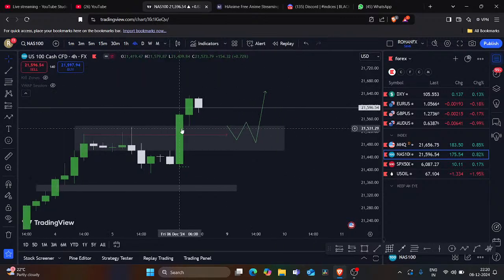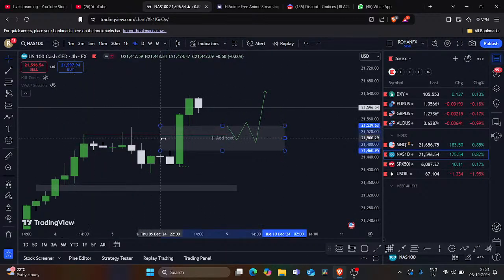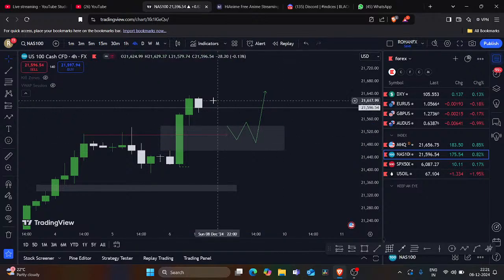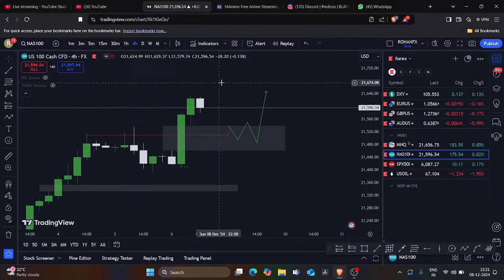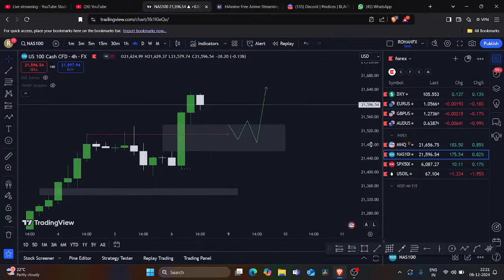Easy trade idea. Or else if it doesn't tap this fair value gap, this fair value gap will be acting as a breaker. And after that, if the bull run continues without tapping this zone, we can just wait for another fair value gap to be formed in either the 1-hour, 4-hour or daily, and wait for the confirmation entry in the lower time frame.